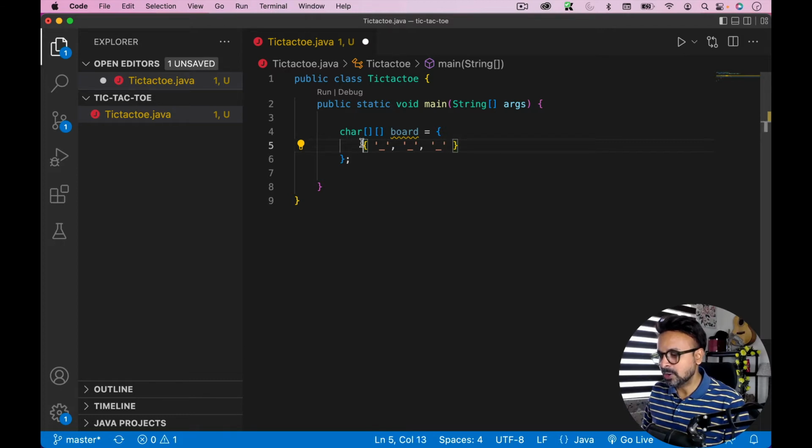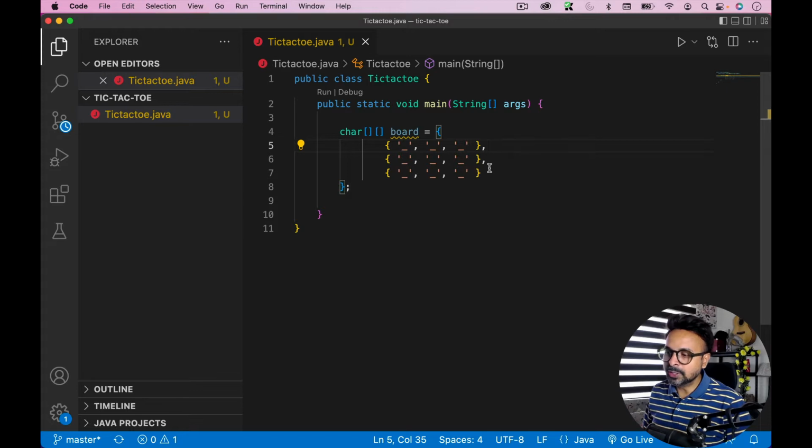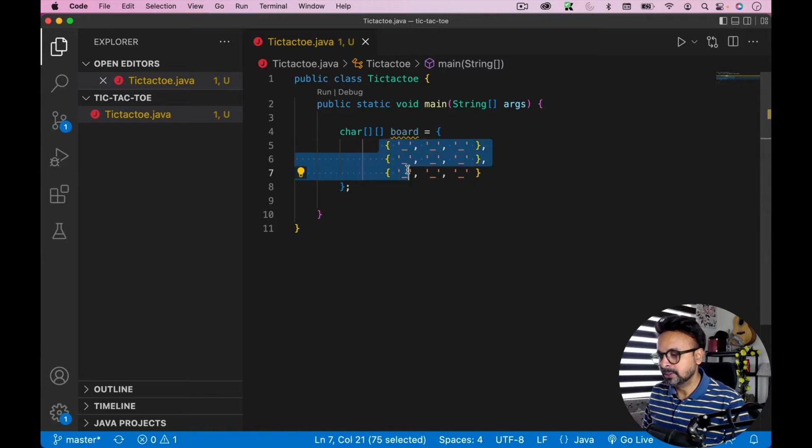Now I'm going to just copy and paste this. So let's do that. Copy, paste, copy, paste. Simple. So this is going to be our data structure. So now I have my data structure here, and now I'm going to use this data structure